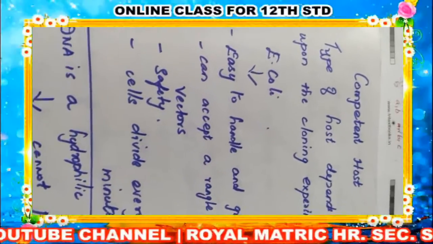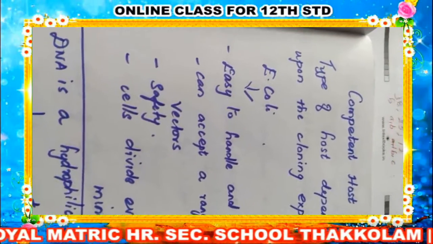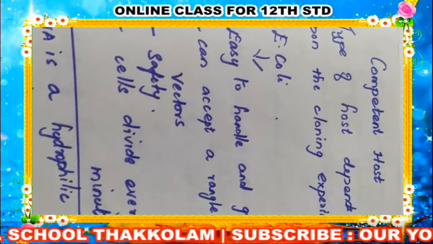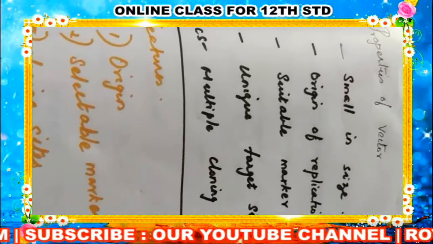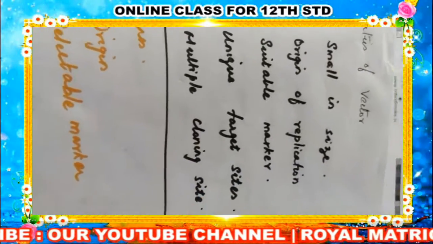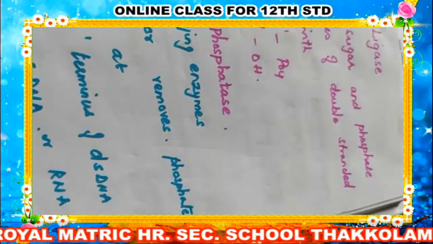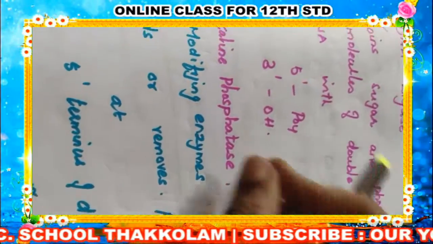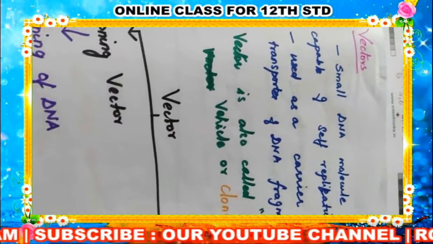Good morning, students. We have seen vectors and different types of vectors, and the enzymes, restriction endonuclease, and then the plasmid, the properties of the vector, all these things, and also different types of cleavage, sticky ends, blunt ends, DNA ligase, alkaline phosphatase, the different types of enzymes, how they break the bond of the DNA, and then the vectors, what are the uses of the vectors.